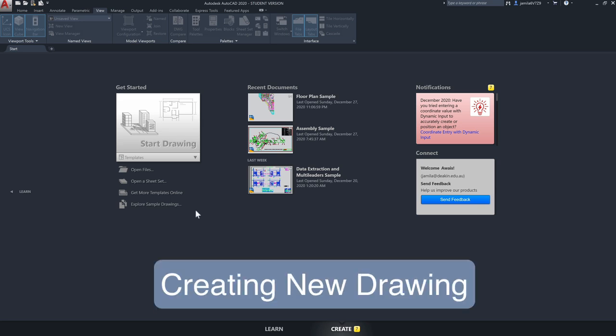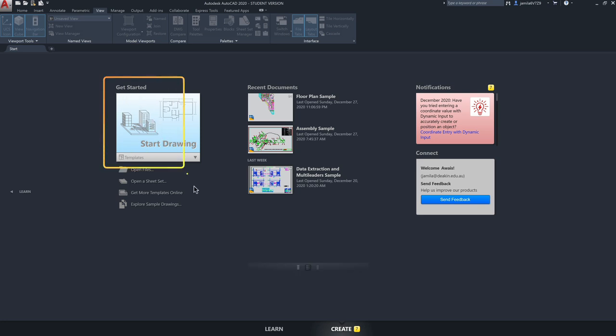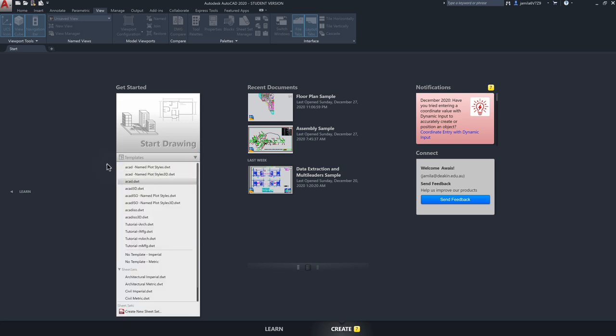By creating a new drawing, in Getting Started section, you have Start Drawing button, Open Files, open a sheet set, get more templates online, explore sample drawings. We're going to start by clicking on templates. These are all the templates that you can choose from, and they basically contain some settings like unit drawing settings. These are the templates. We will learn how to create our own templates, but most basic template is